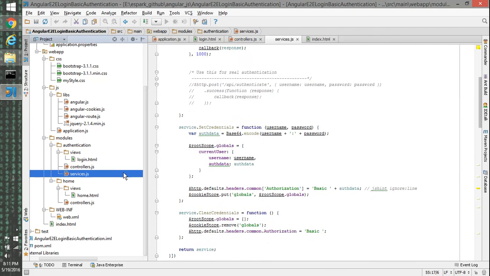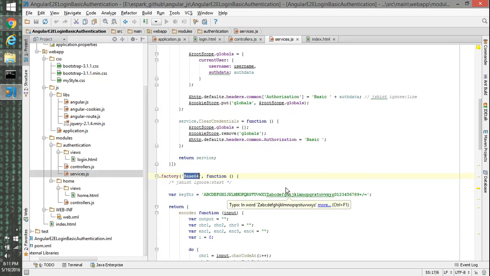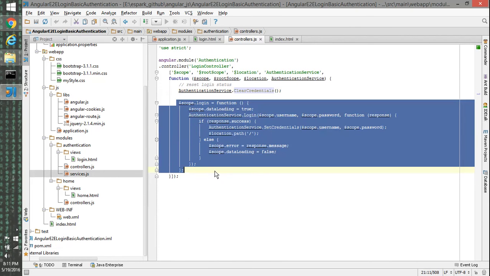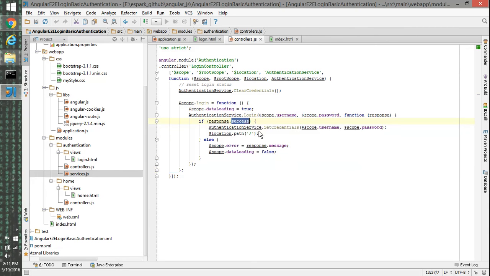It clears whatever we have in cookies from the cookie store, removes the credentials and cleans up everything, and then calls the login function, checking that the username and password match, and sends a response back with a success.